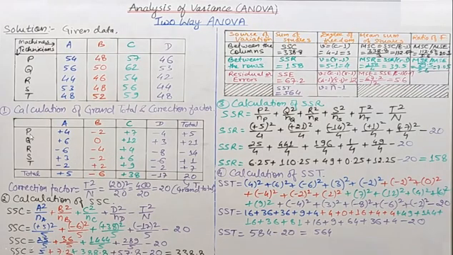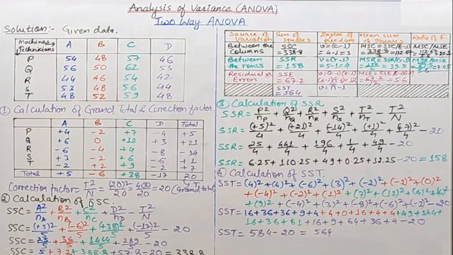Now we see that the total of A will be equal to plus 5, total of B equal to minus 8, total of C equal to 38, total of D equal to minus 17, and similarly the total of P will be 5, total of Q 21, total of R minus 14, total of S plus 1, and total of T plus 7. So the total of the rows and the total of the columns is equal to 20. So T is our grand total.